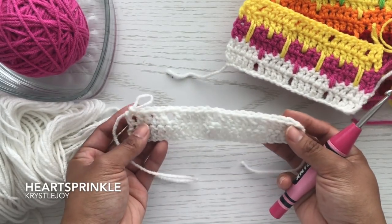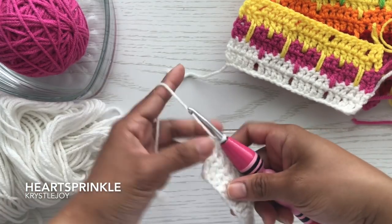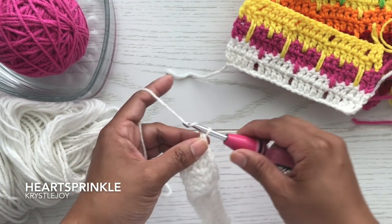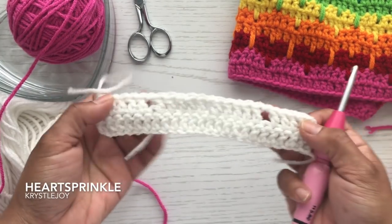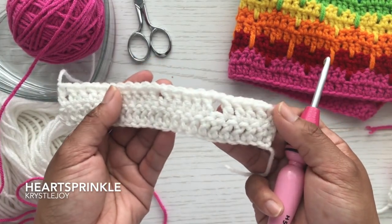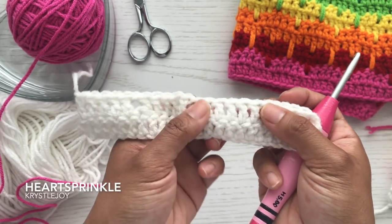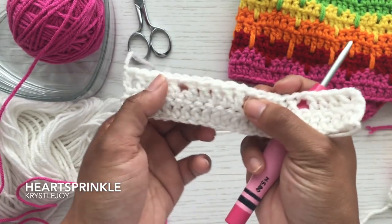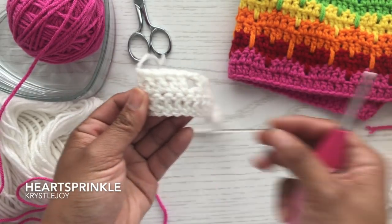This is how row 2 will look. We are going to fasten off. Here is what row 2 looks like. So it's 5 double crochets, an empty space, 5 double crochets, an empty space, 5 double crochets, an empty space, and so on. We're going to turn that work,